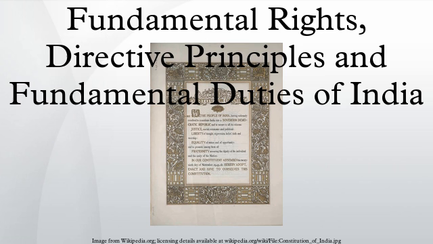Right to freedom. The right to freedom is covered in Articles 19 and 22, with the view of guaranteeing individual rights that were considered vital by the framers of the Constitution, and these articles also include certain restrictions that may be imposed by the state on individual liberty under specified conditions. Article 19 guarantees 6 freedoms in the nature of civil rights, which are available only to citizens of India. These include the freedom of speech and expression, freedom of assembly, freedom of association without arms, freedom of movement throughout the territory of India, freedom to reside and settle in any part of the country of India and the freedom